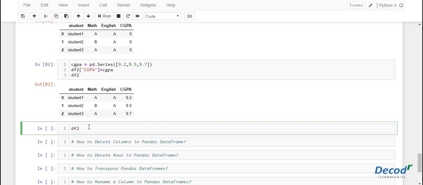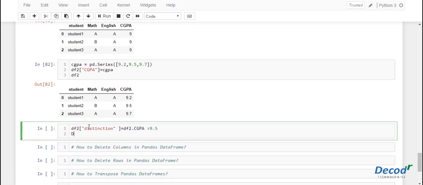If suppose distinction was above 9.5, hypothetical case, let's just type a new column distinction is equal to df2.cgpa greater than 9.5. And now let's print this data frame.